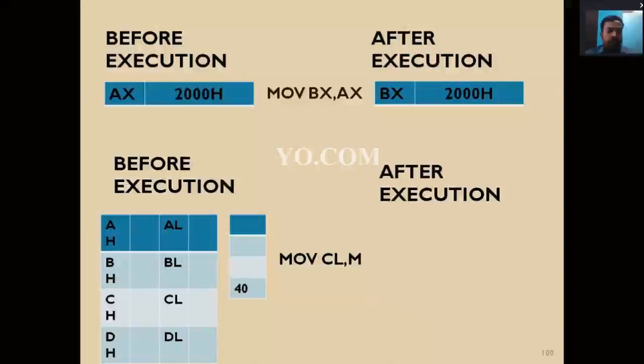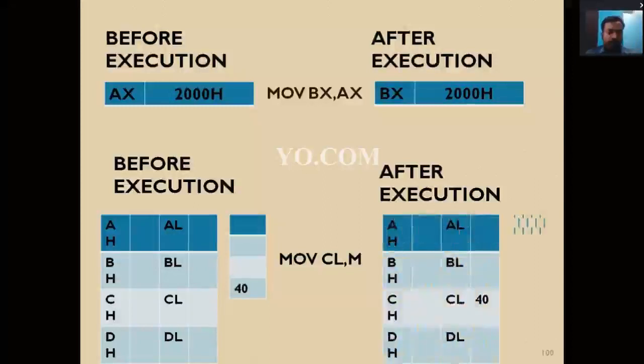Then another example. Before execution, here we consider memory. The second instruction is MOV CL, M. M represents memory. This is memory, and these are registers: the AH, BH, and AL registers.